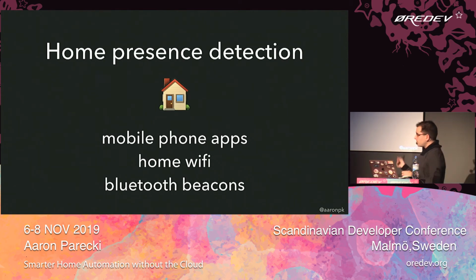You can also do it with Bluetooth beacons, so you can have either direction: you can have a Bluetooth device at home listening for your phone, or your phone can be listening for a beacon and report that. You can also actually combine multiple of these different options into a single person record in Home Assistant, which is cool. So you can actually track